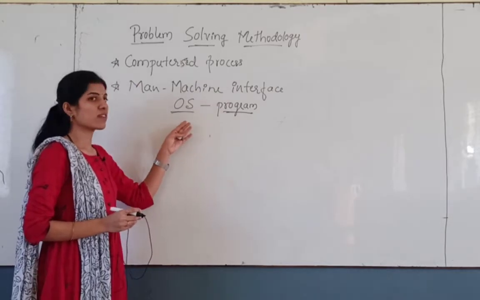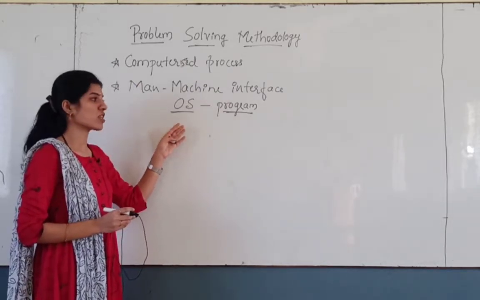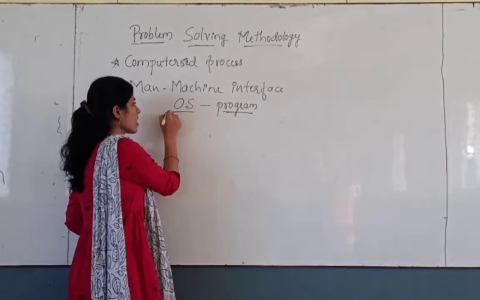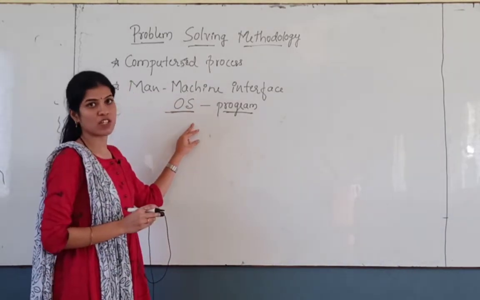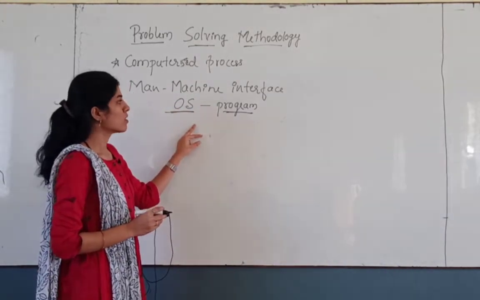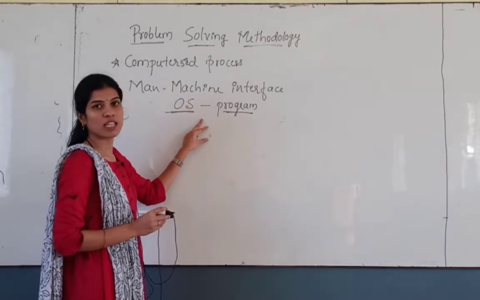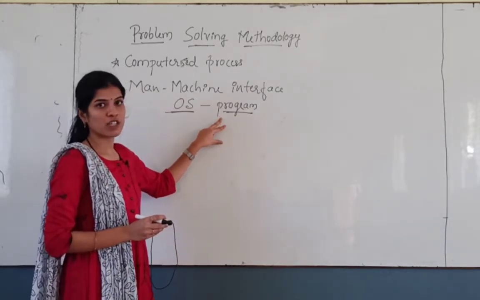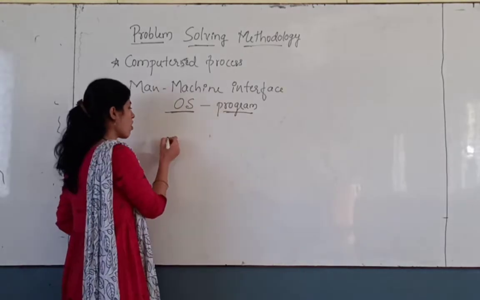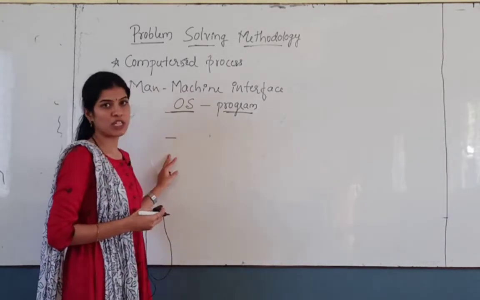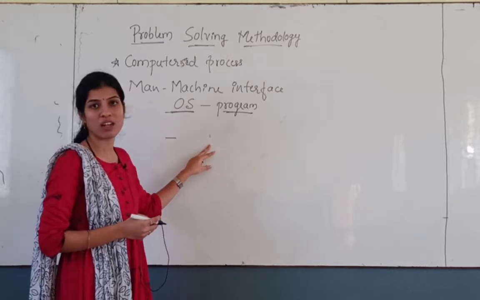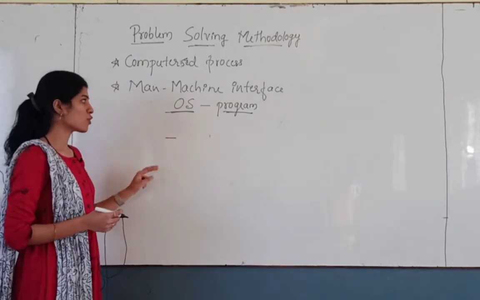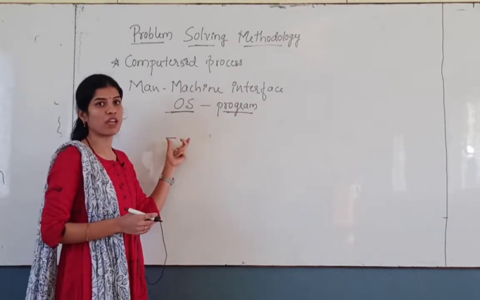So using this set of instructions, we solve step by step to get an efficient solution. By using this set of instructions called programs, we have to solve the computerized problem. Next, a program is a set of instructions. It may be in any kind of language, machine level, assembly, or high level languages like C, C++, C#, any kind of language should be written as a set of instructions.